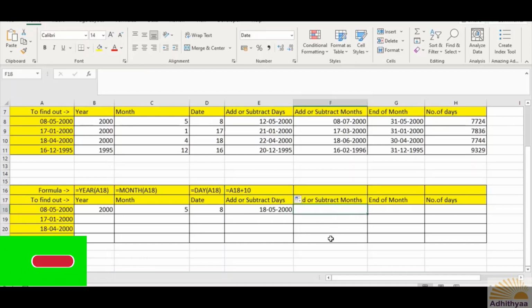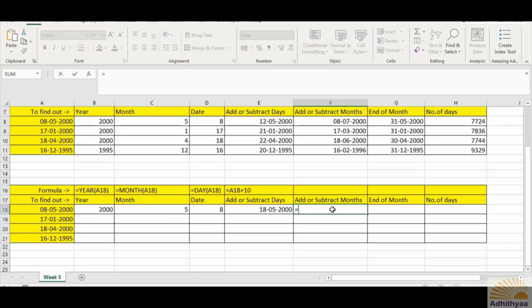Let us see the next option available under the date functions. If you want to add months, we have seen adding days before, but now if you want to add a few months from now onwards, what do you do? Simply press the formula equals to EDATE.